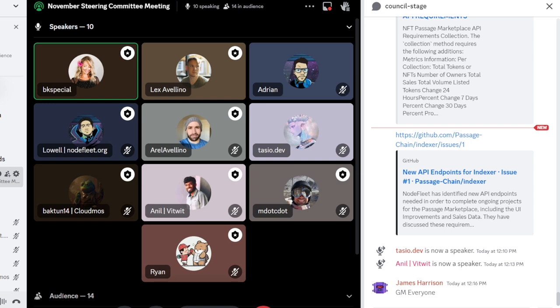Like I said, we're still working through the requirements, but as far as I understand, it's mostly going to be front end and back end work and will not require too much smart contract work. So we wanted to run through that with you guys and give you a heads up before we post the bounties later this week.